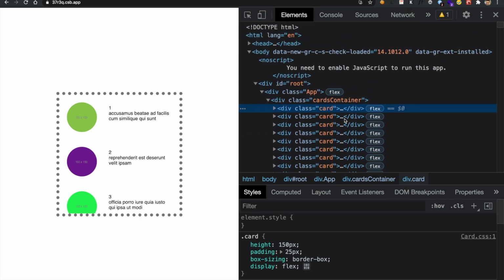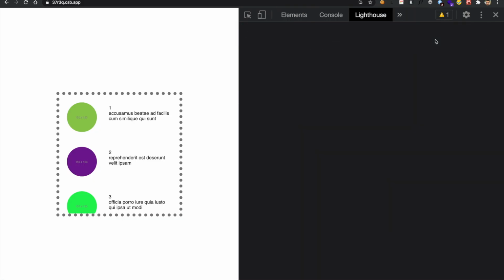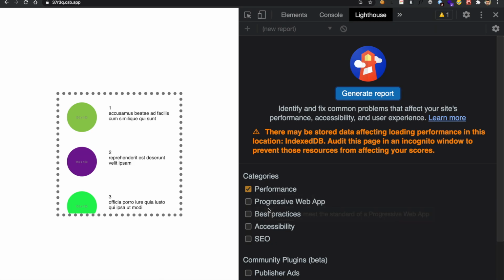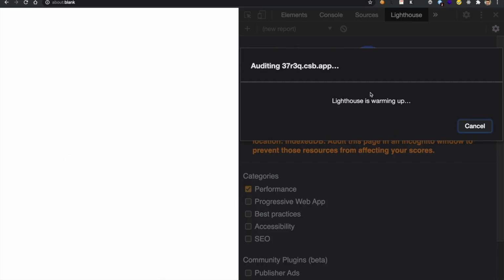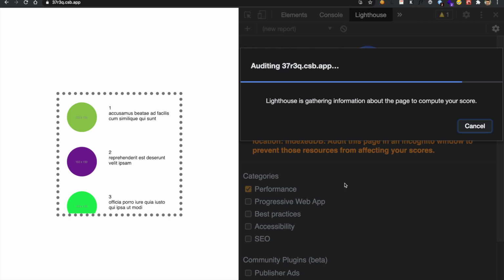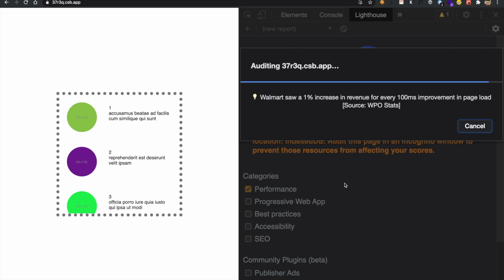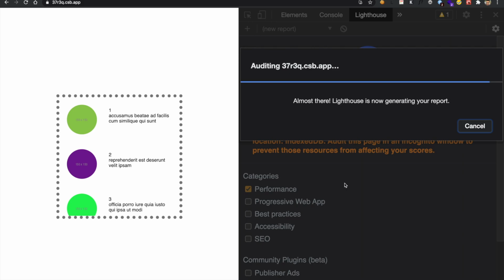We can also check this DOM size with the help of the tool Lighthouse. I'll just go to the Lighthouse. I have already selected this performance category. Now I'll click on generate report. It will take some time. For now, you can consider that we are using the Code Sandbox tool, so the overall performance score will be less because Code Sandbox has to simulate React for us on the browser, so it has a large bundle size. But for now, we should focus only on the DOM size.